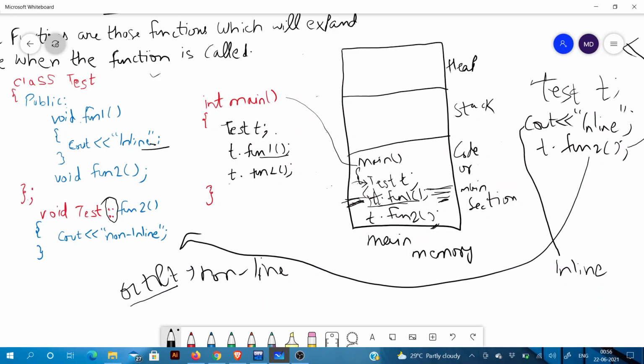Yes, it will consume extra code size, and too much use of inlining will cause code bloat or even thrashing in your code. So don't use it too much, always use it very little.